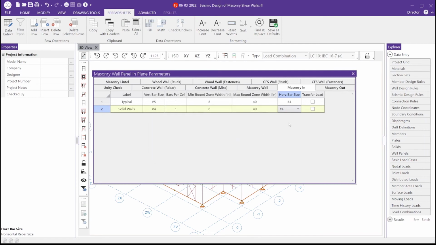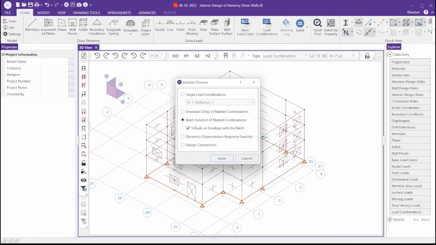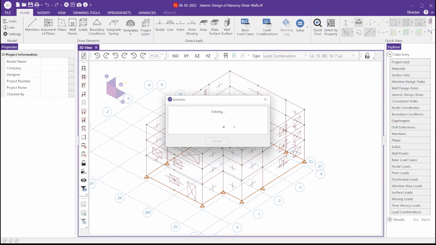We will have to resolve our model. I'm going to hit X in here, and I'm going to hit solve for a batch solution for more combinations with the inclusion of our envelope solution. Now that it's done, I'm going to hit solve in there. And now that I'm solving my model with an updated wall design rule to